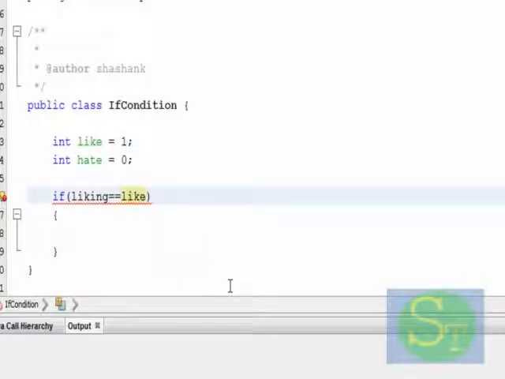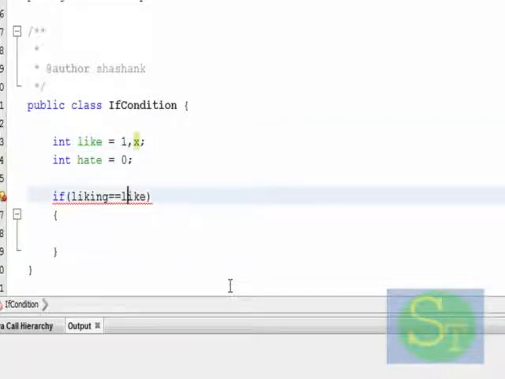If liking equal to like, okay, here if liking equal to like, so here better we create another integer, say x.